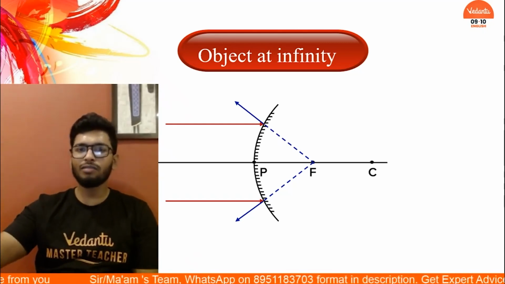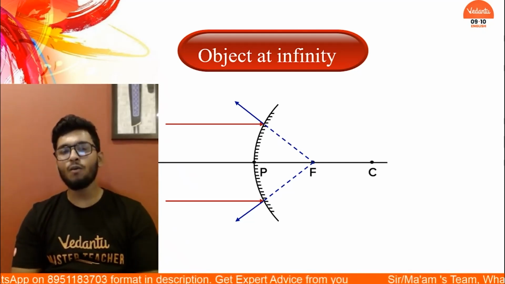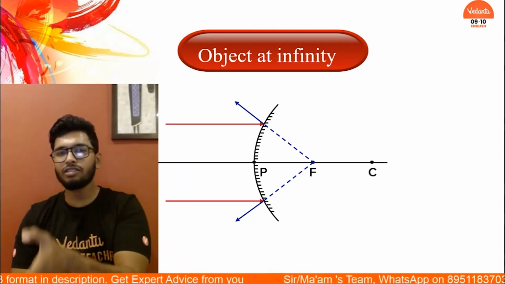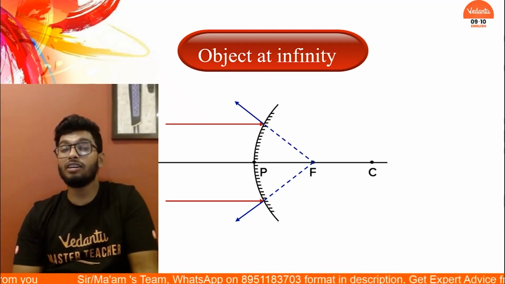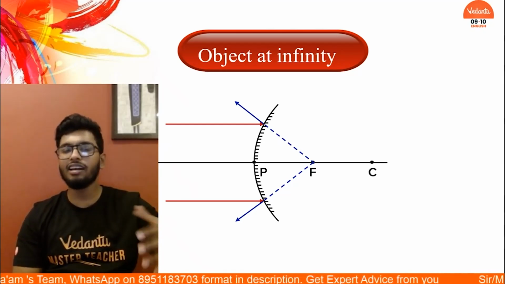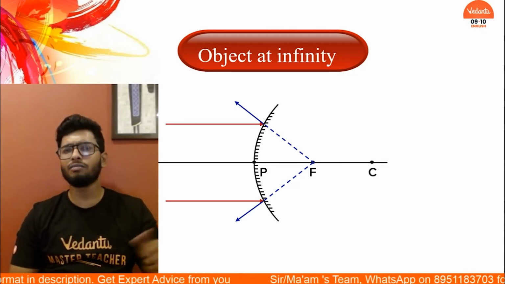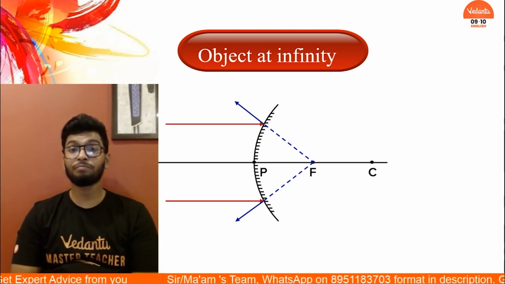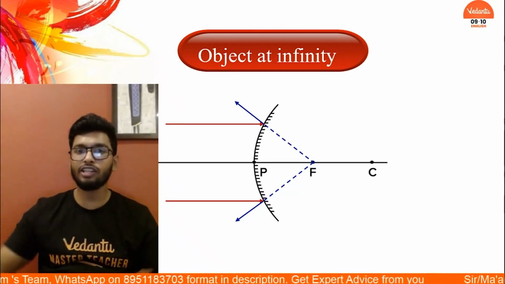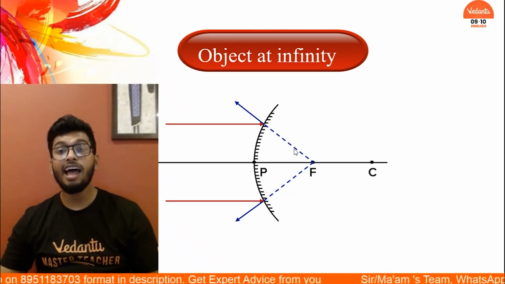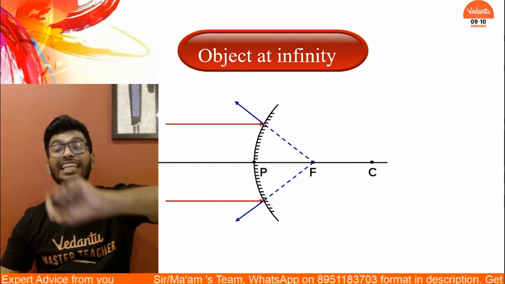And let's say I have a convex mirror that is kept under the sunlight. In that case, we are going to assume that the rays of light coming from the sun are parallel to each other, which means that since a concave mirror is a converging mirror, you would have seen that all these rays of light would have met at a point called the focus, which is in front of the mirror. But in a convex mirror, since it's a diverging mirror, these rays of light will go away from each other like you see right here, and they appear to be meeting at the focus.